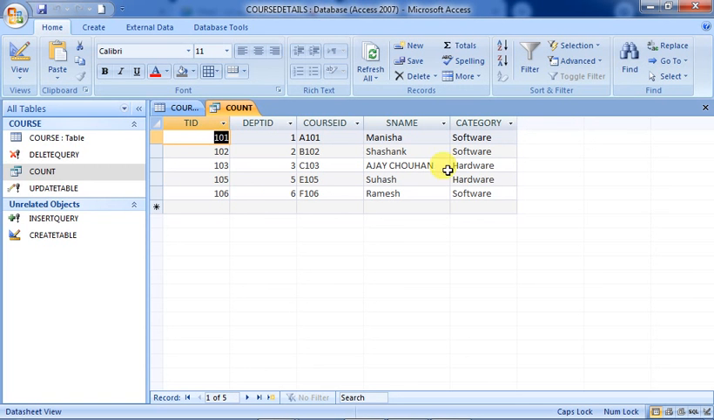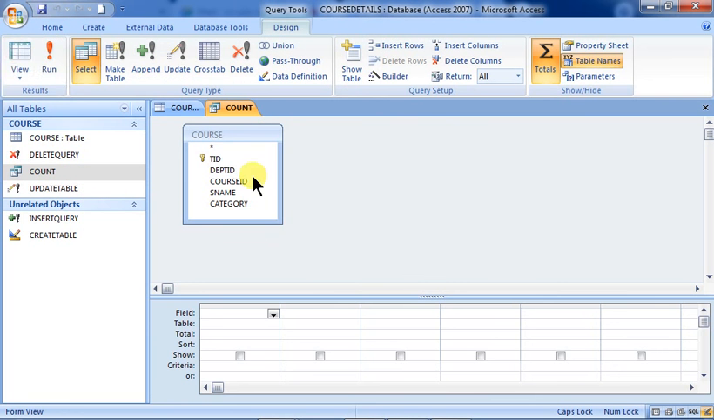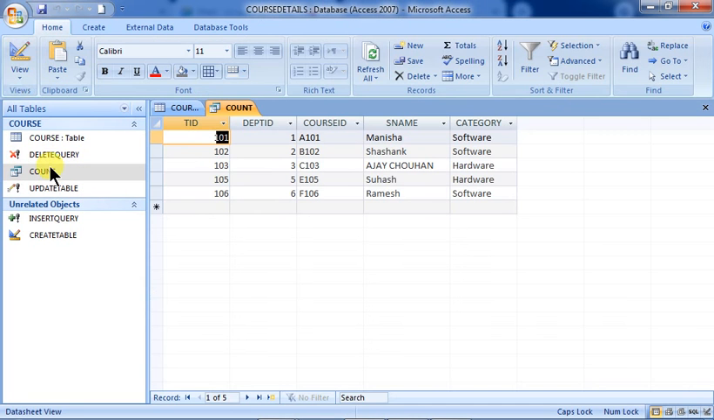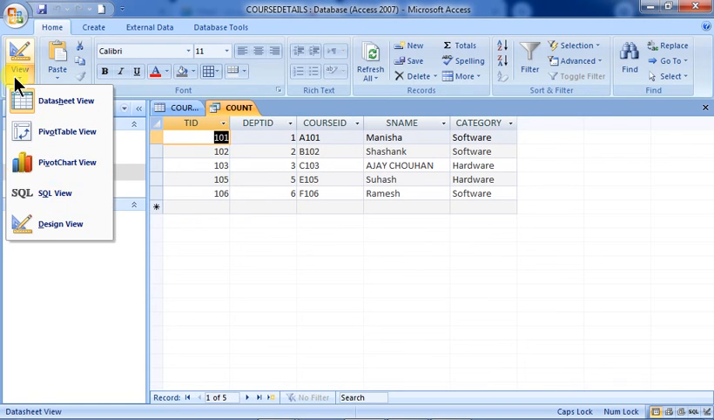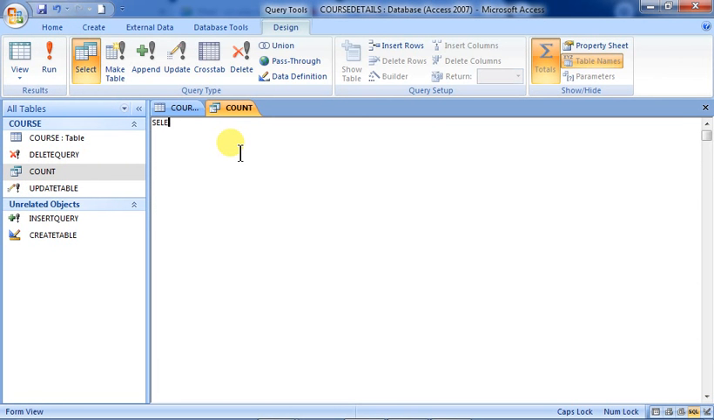So query-wise you are selecting all records, and if you want to display only the records of those who are in software, in that case what could you do? You can open it in design view. Okay, then you can see it in SQL view. Just a minute. So select star from course you have given. Okay, select star from course, and then where category equals to